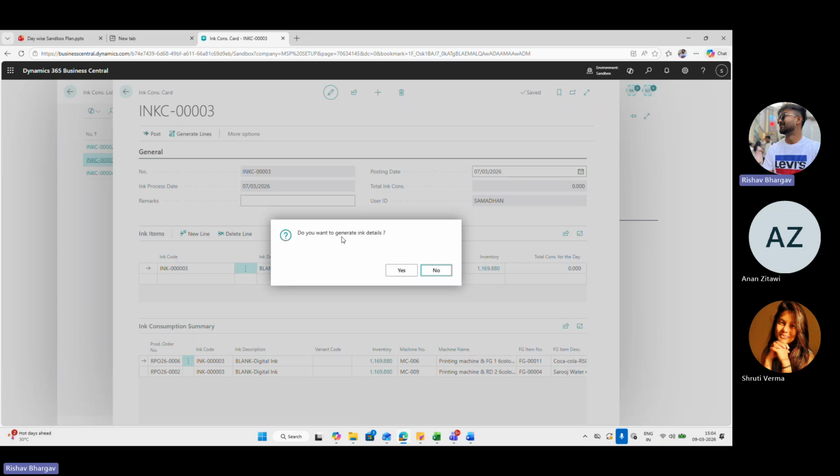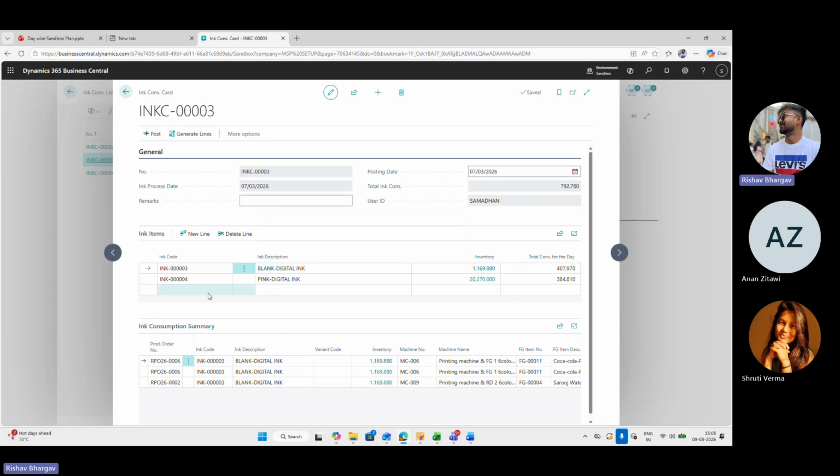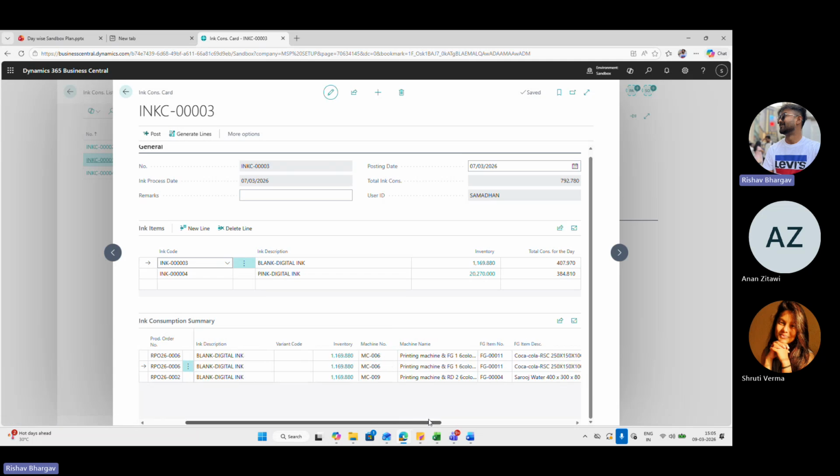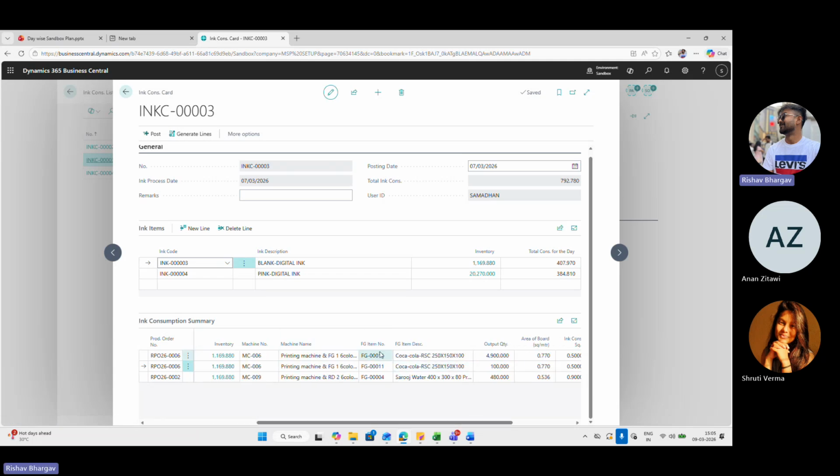Do you want to generate the ink detail? Yes. So here we see all the ink detail appearing. Ink 3 will be used in this RPO, the ink description, the inventory of this ink, the machine number where we are using this ink, and for the FG item, all the description,